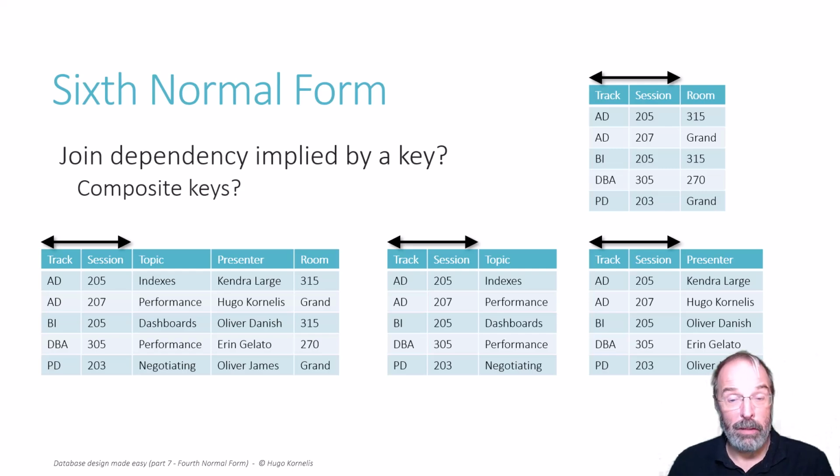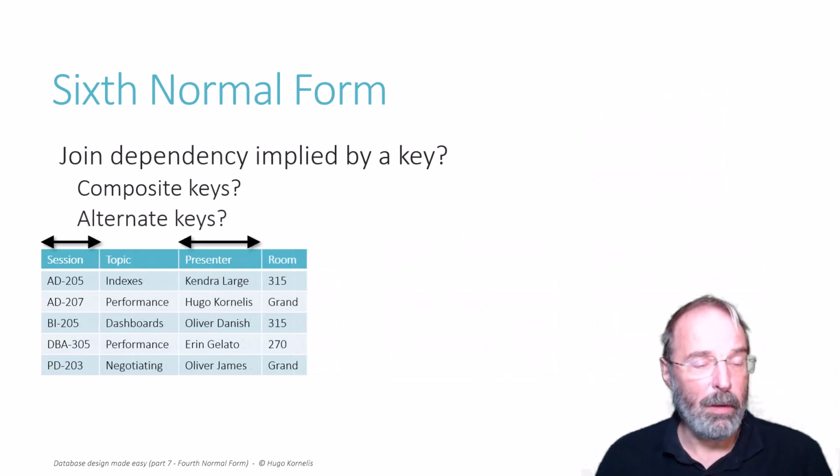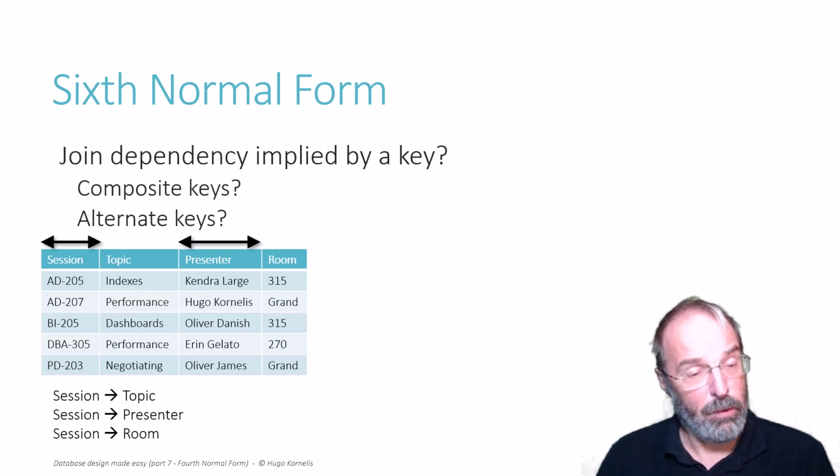Now we have looked at a simple table and a more complex table with a composite key, but what about a table with more than 1 key? So you have 2 or more candidate keys, one the primary, the rest alternate keys. How does this work? Well, we still have the same functional dependencies where session determines the topic, the presenter and the room,